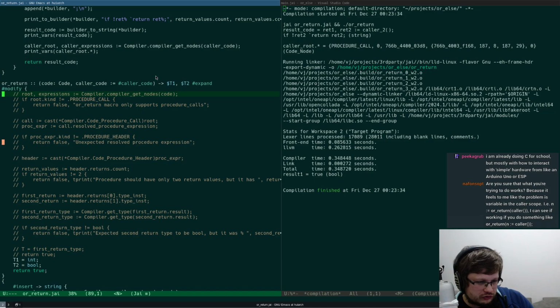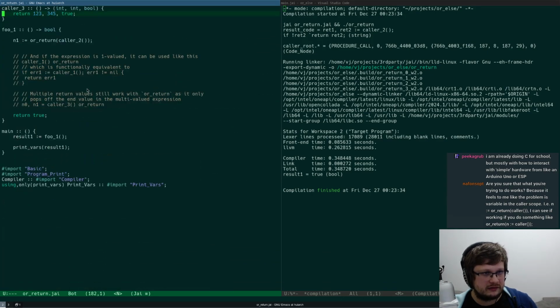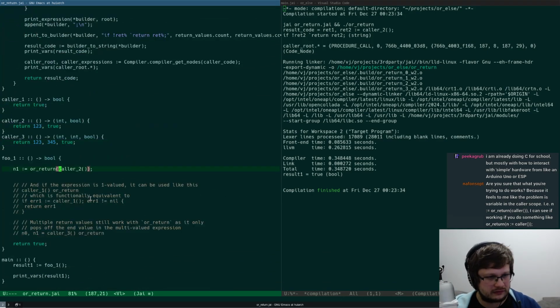Are you sure that what you're trying to do works? Because it feels to me like the problem is variable in the color scope. I can see it working if you do something like n equals color. This won't work. No, because it's not syntactically correct to do that. So you can't do this.